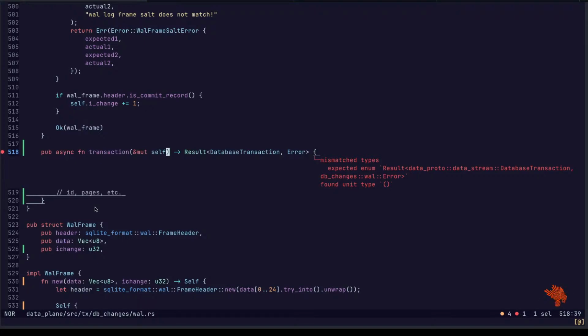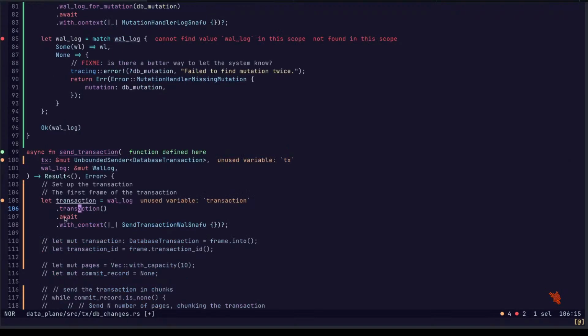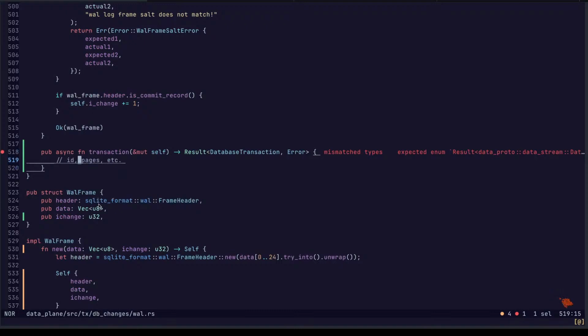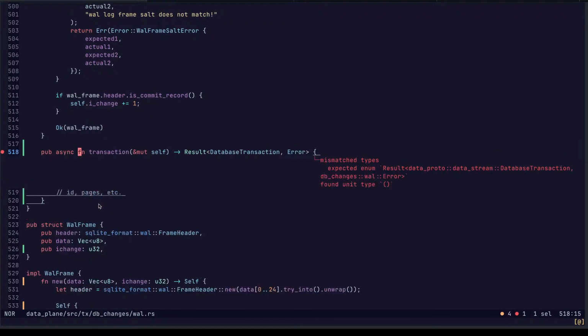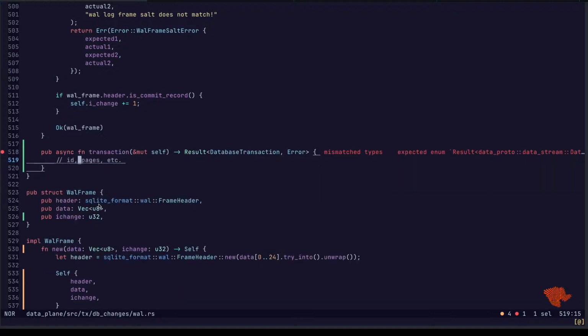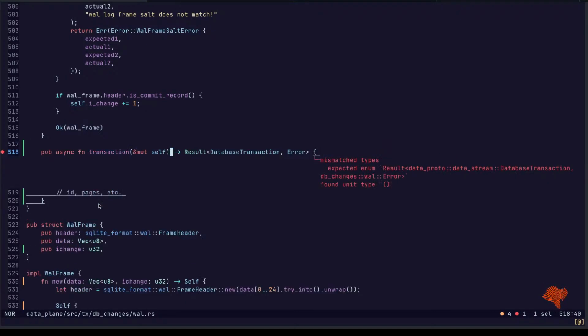Oh yeah, no, we just keep calling this until we get a log. But we should wait. Okay. This also needs an optional transaction ID.